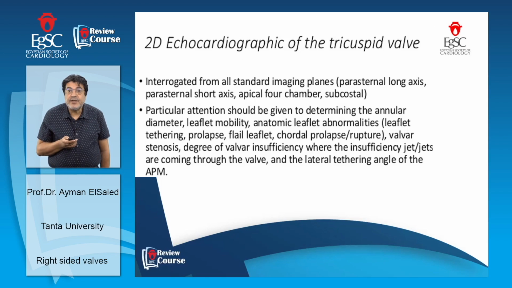The evaluation of the tricuspid valve is very simple and easy and can be done by two-dimensional echocardiography. As I mentioned before, it is an anterior structure and can be evaluated by conventional two-dimensional echocardiography from the parasternal long axis view, parasternal short axis view, and some modified views. You can visualize the tricuspid valve leaflets and apparatus, the chordae tendineae, and the papillary